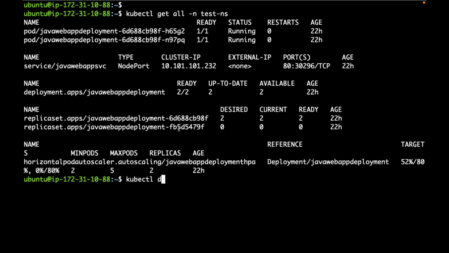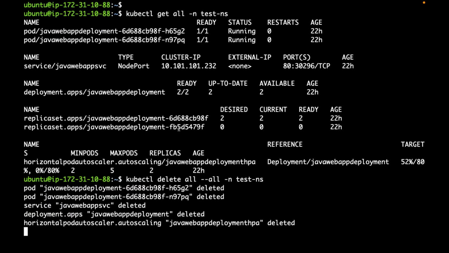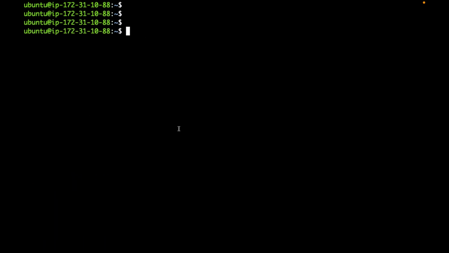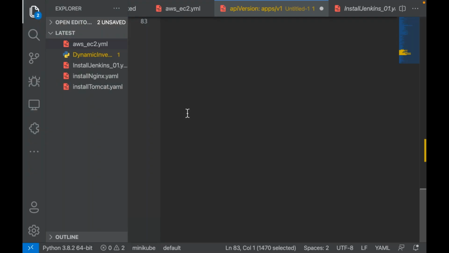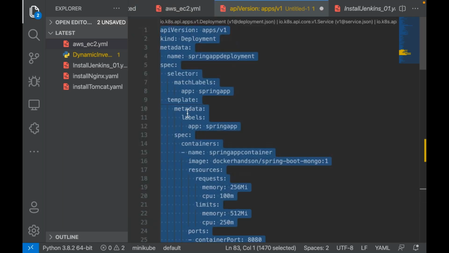Let me delete this one also. As I already told, if I keep deploying, our cluster may not work, right? So if I apply this YML, how many Kubernetes resources will be created?